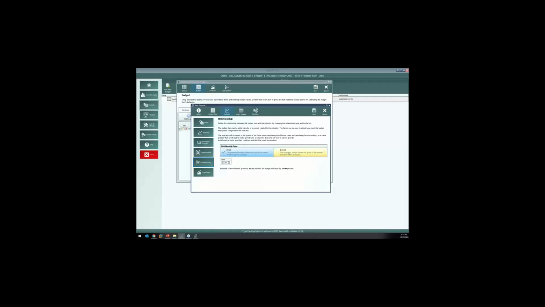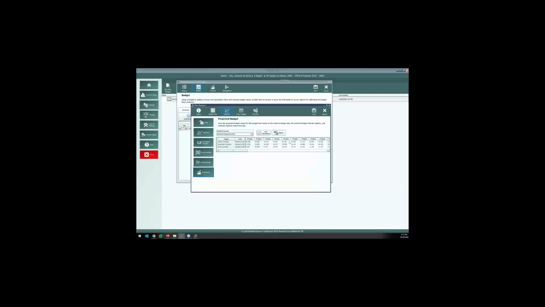And we also made it so that a budget item can have an inverse relationship with the driver, or you can change what the relationship is, so that if perhaps the driver doubles, maybe you only want the budget to increase by 50%. And then we added something here, which I like.